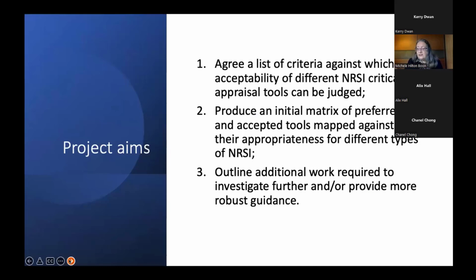So Cochrane commissioned a short research project to identify preferred and acceptable risk of bias tools for NRSI, essentially when ROBINS-I or Newcastle-Ottawa might not be appropriate for a particular review. I led this project with the help and support of the expert advisory group I mentioned at the start of the presentation. The project was undertaken between September 2021 and March 2022, and the expert advisory group met online 3 times during that period.